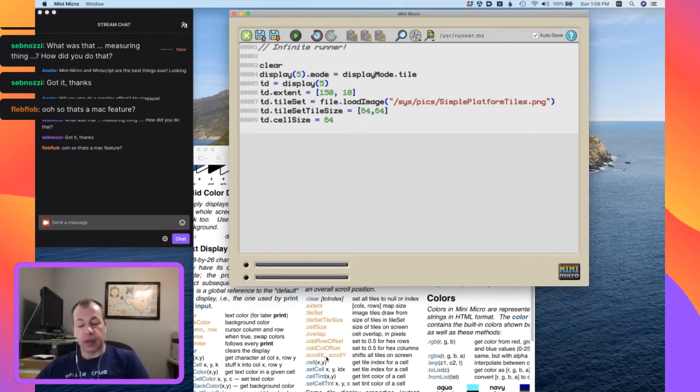Flip-flop, yeah, that's a Mac feature. It's the built-in screen capture feature. You can capture a section, you can press the space bar and capture a window, stuff like that. Okay,